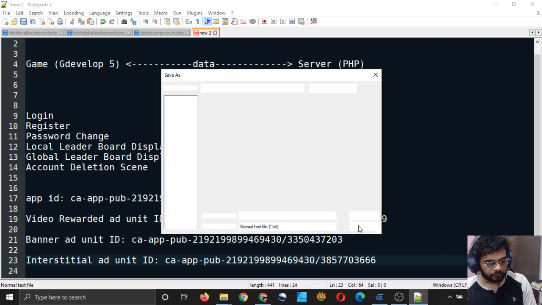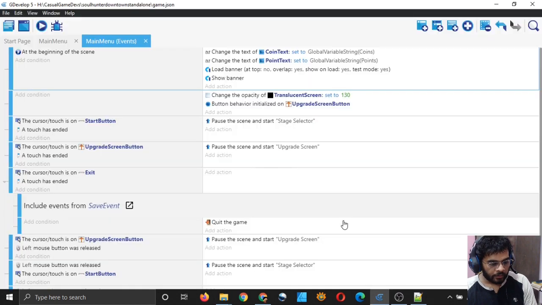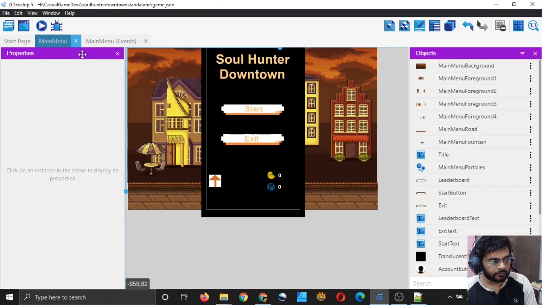Okay, that's good. And let me go to GDevelop and add an interstitial ad.